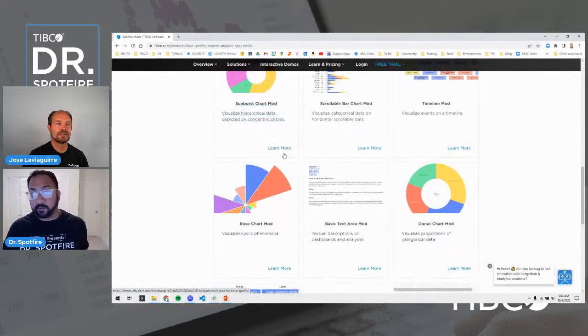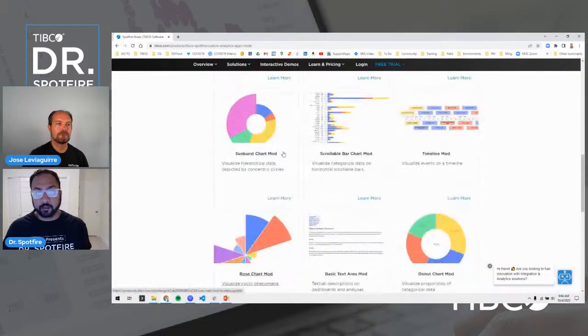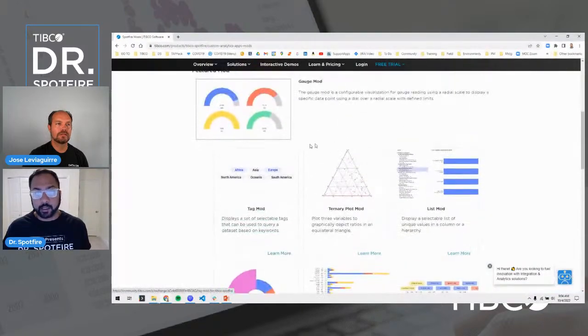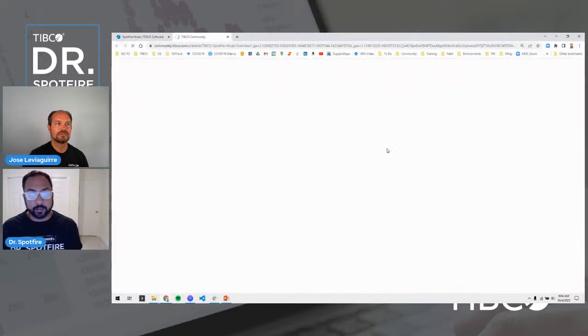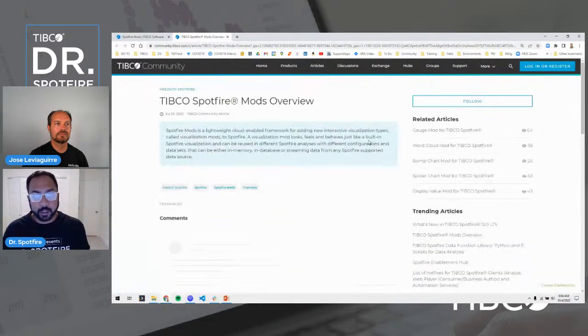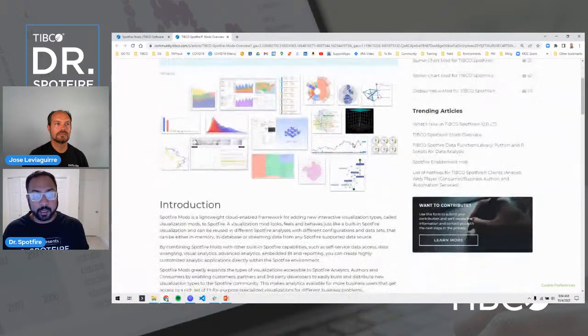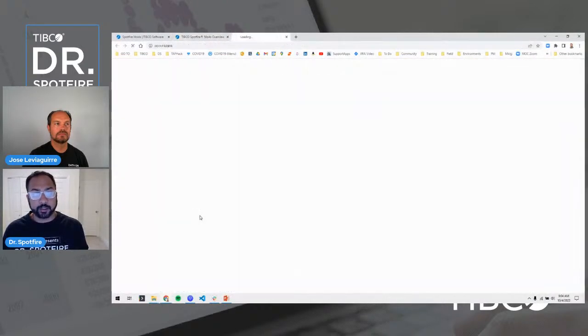So if you're on Spotfire 11 or Spotfire 12, you can use these mods. They're all really easy to download. You can try this button that says try mods now, and that'll take you to our community page. And on our community page, you can scroll down, and there's a button which is view mods on TIBCO Community Exchange. And when you try this, it'll actually open up